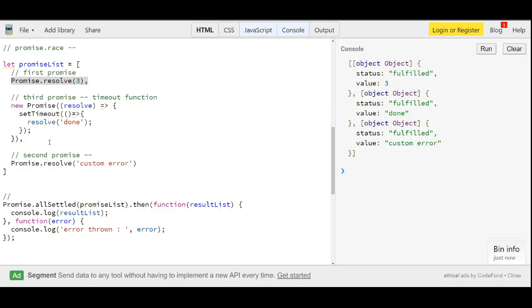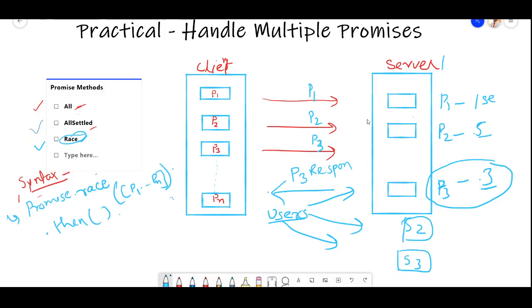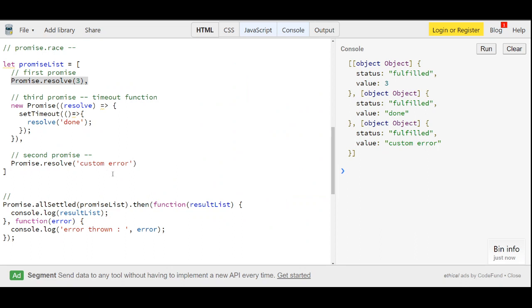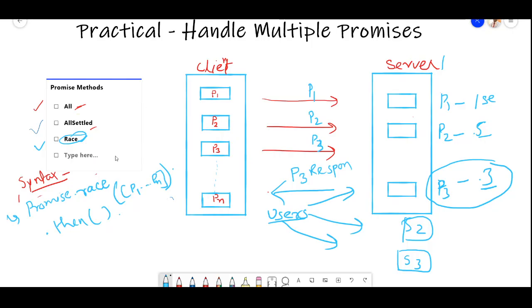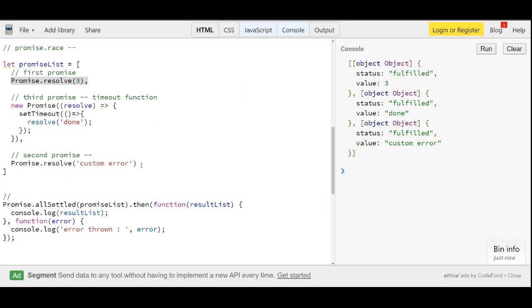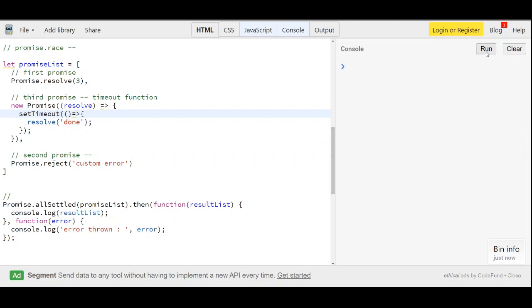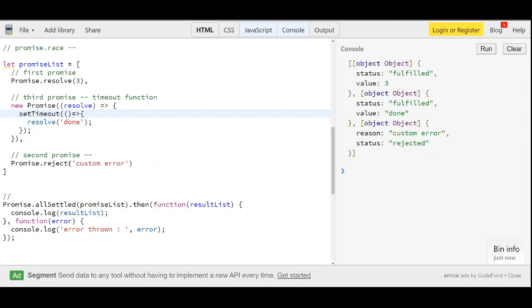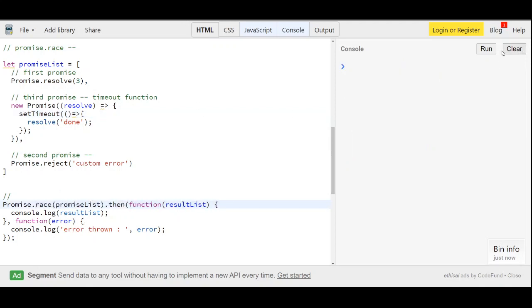I guess this is not the best example, but to mimic this, I would say there would be multiple API calls, and the race condition is that once any of the APIs responds first, it is returned, because each and every API is getting processed. So let's say reject, and then rejected. Okay, sorry, I didn't use this. That is why I was not expecting this behavior.